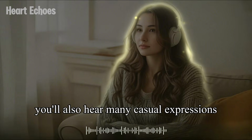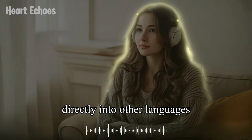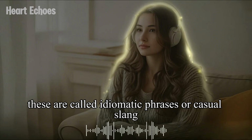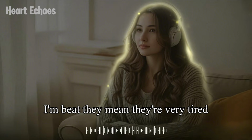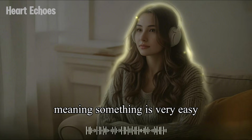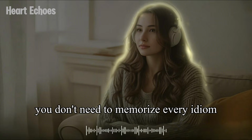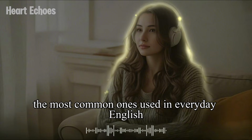You'll also hear many casual expressions that don't always translate directly into other languages. These are called idiomatic phrases or casual slang. For example, when someone says, I'm beat, they mean they're very tired. Or, That's a piece of cake, meaning something is very easy. You don't need to memorize every idiom, but it's good to become familiar with the most common ones used in